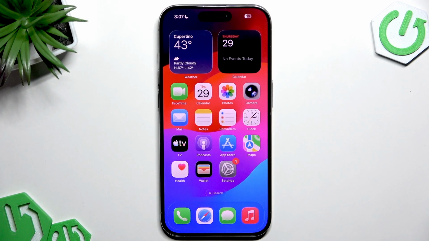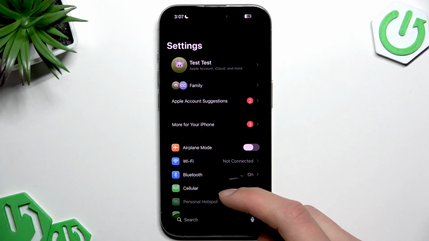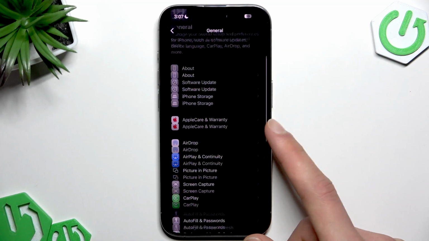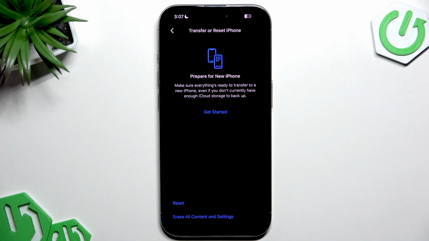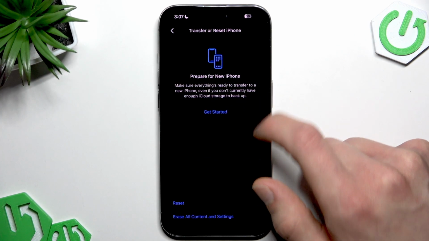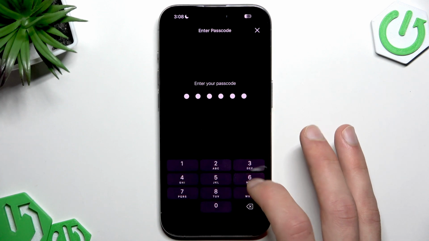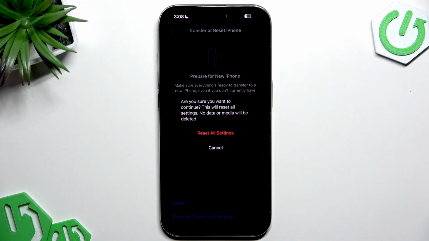To reset all settings without removing your personal data from iPhone, we have to open Settings menu and go to General. In General Settings, scroll down to the very bottom of this menu and select Transfer or Reset iPhone. Then select Reset and select the option at the very top saying Reset All Settings, and then enter your passcode to confirm. Confirm Reset All Settings,